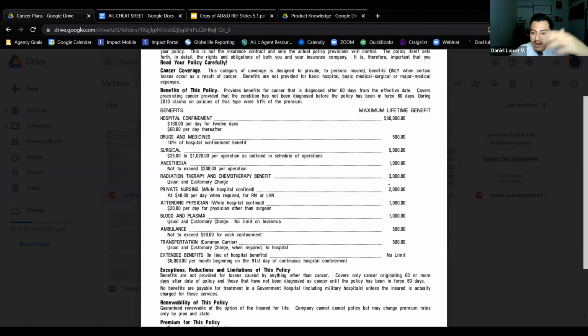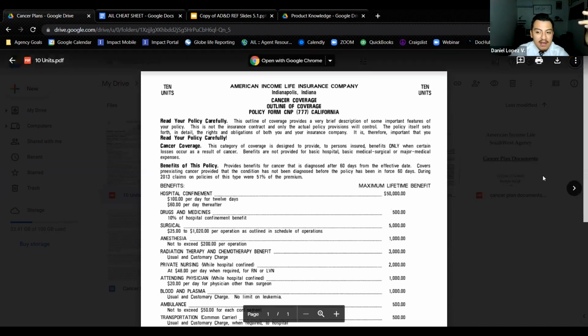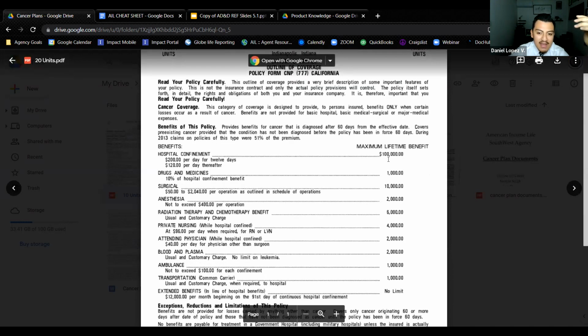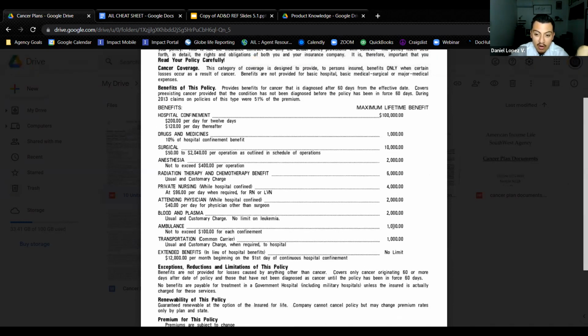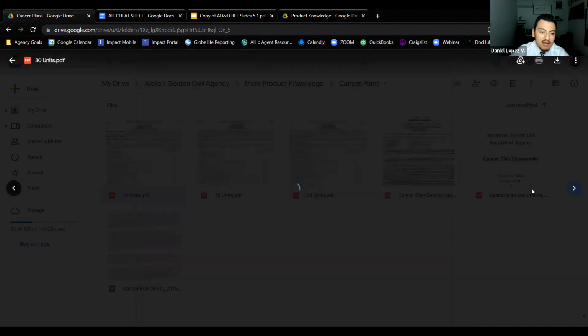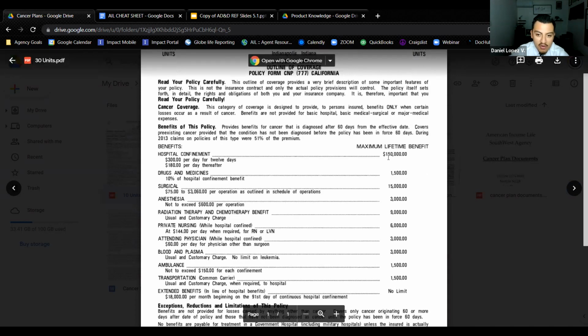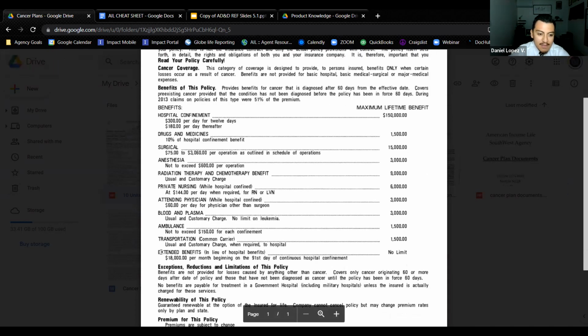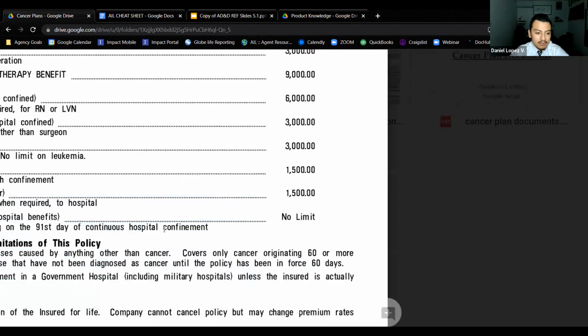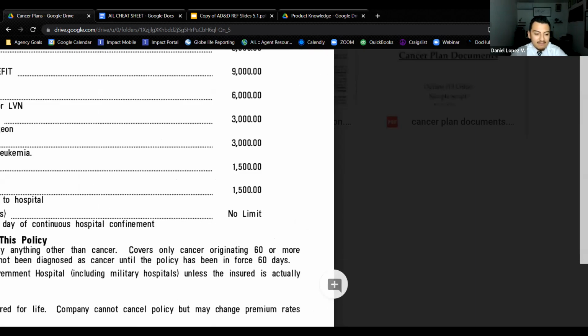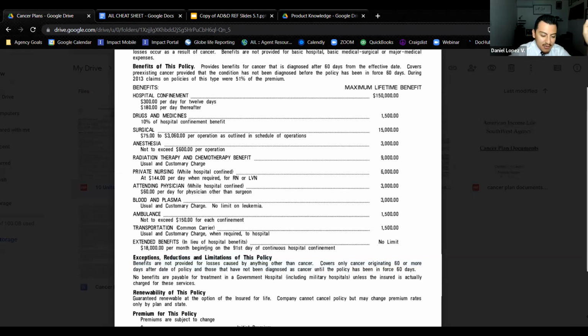We don't care if they go in there for 1 procedure, 2 procedures, 10 procedures. If they go in for 1 procedure and pocket the rest, they only use $1,000 of it, great. We don't check that. We just cover them $6,000. That's for a 10 unit. If you go to a 20 unit, it's the same thing, except the numbers get bigger, more coverage. Extended benefit is $12,000 a month. And if you go to the last unit, 30 units, all the numbers got bigger. Extended benefit is $18,000 a month.